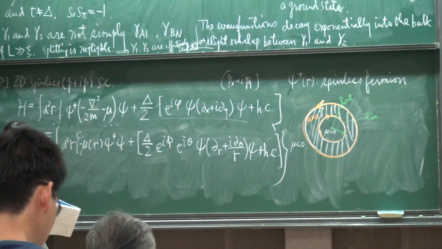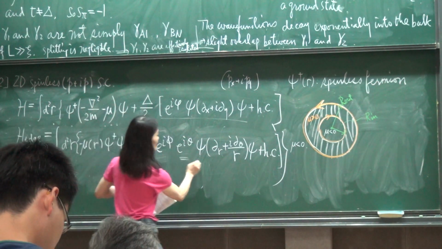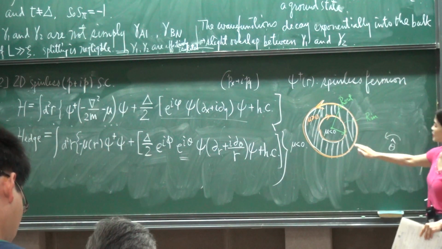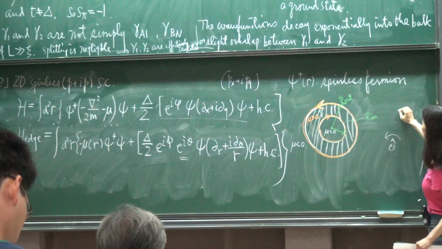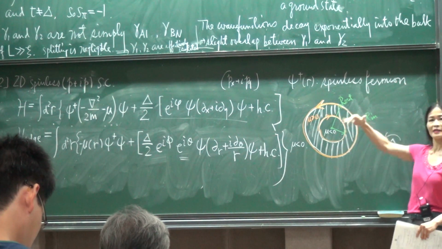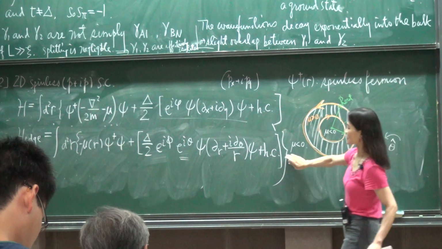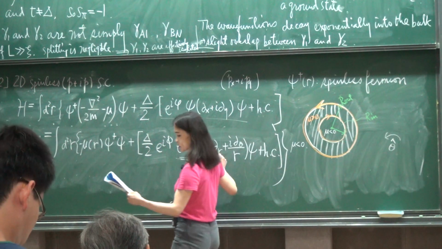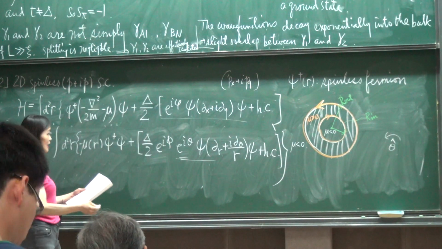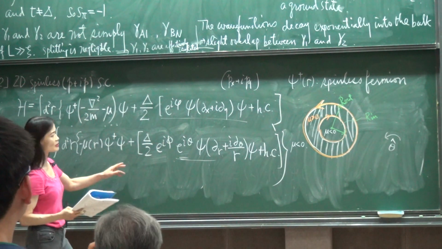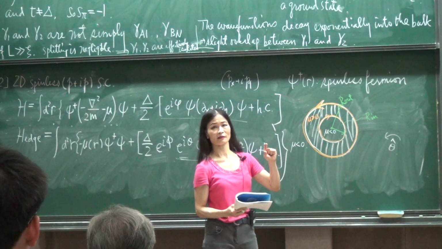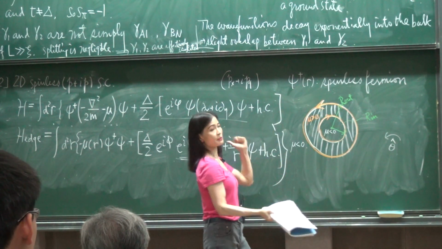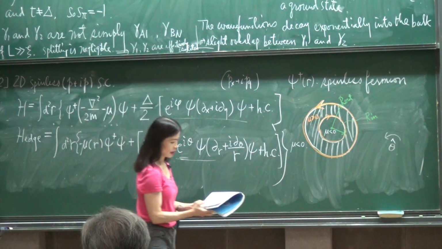So what I want to tell you is you take this Hamiltonian, and I have this theta. This is the theta angle, right? And r is the radius, and theta is this angle. I write this thing in polar coordinates. And then I can do a gauge transformation. I can gauge away this theta and do various things. It turns out you will find that the solution for your edge states will be two oppositely propagating Majorana modes.